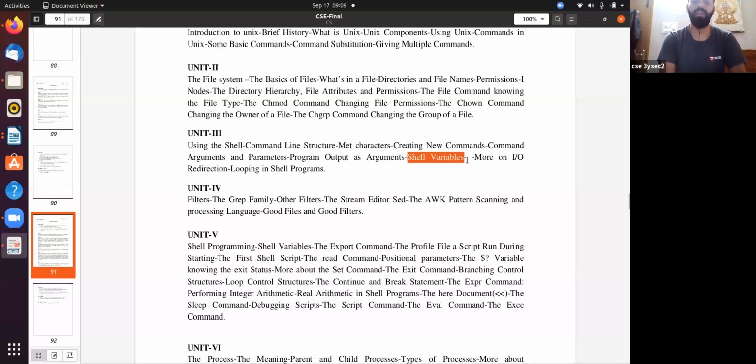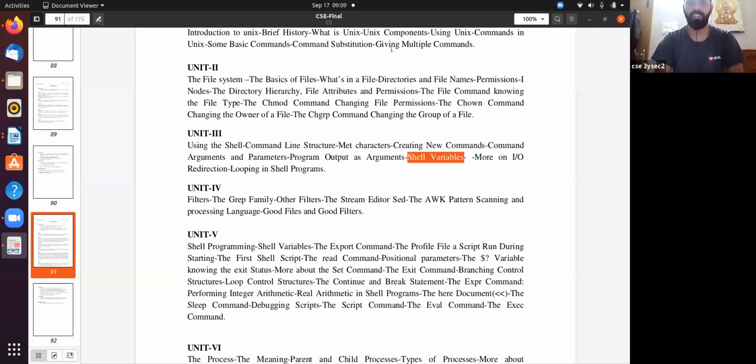That means a equals 5. Suppose 5 is stored at address 1001. As a programmer we cannot remember these addresses. Instead, I call this location with the help of the name. If I say print a, it prints the value of a. That means a indicates one address, and in that address there is some value, which it presents to you. I hope this is the introduction about the variable.